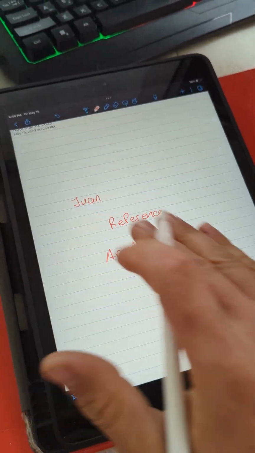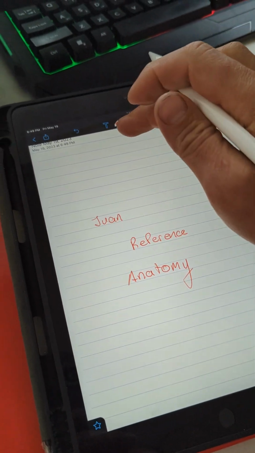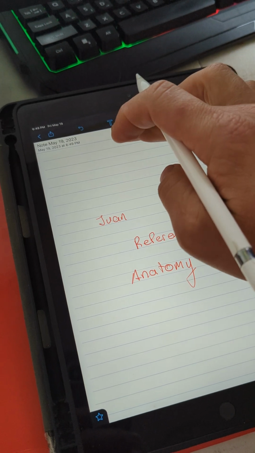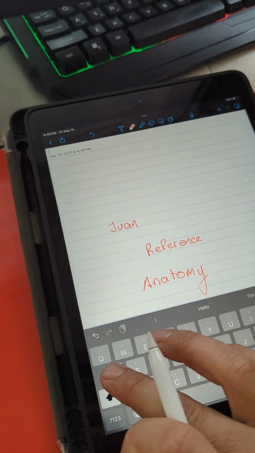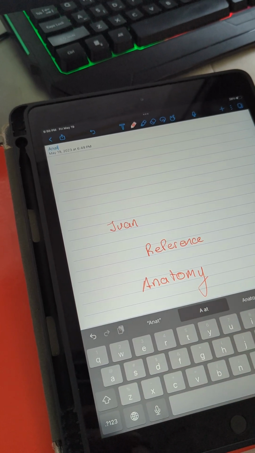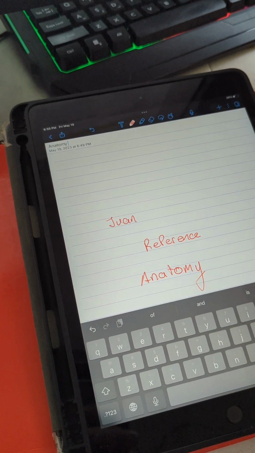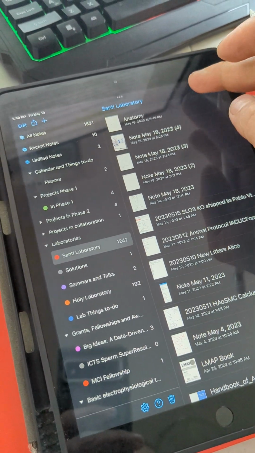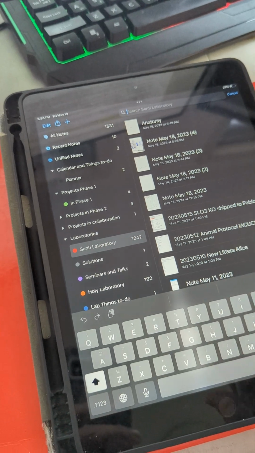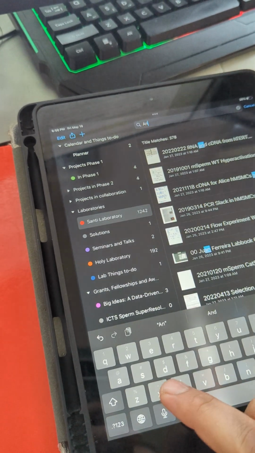So now I can write the note. I can change the title of my note. This now is just set by the date. Let's put anatomy, and I save that. And then if I want to go to the search part, I put anatomy,